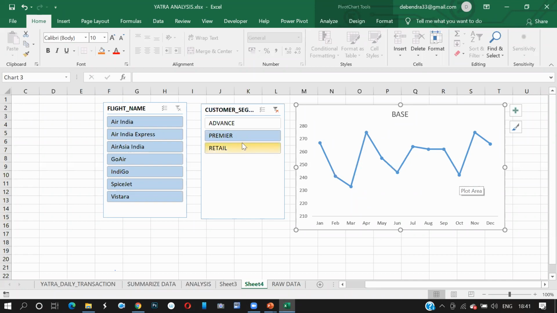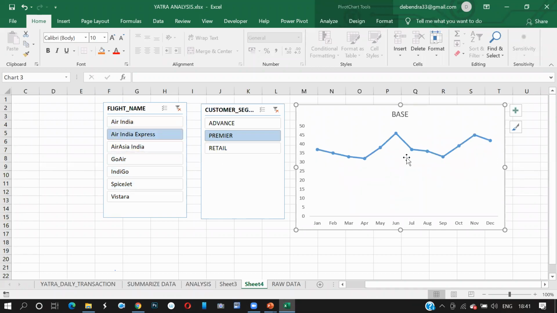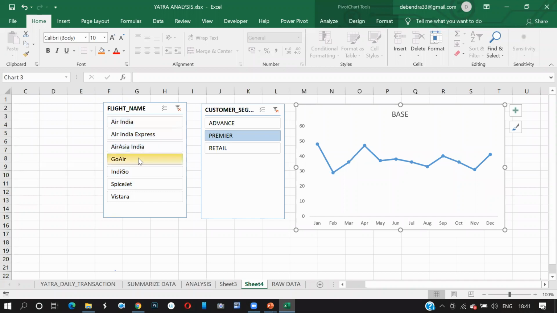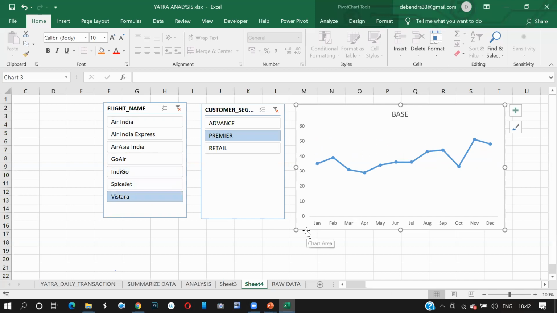If I look at this premier customer behavior by Air India, it shows that it was going down, but in the last 3 months it's growing. If I look by Air India Express, it was going down, suddenly it has fallen, but that's okay, manageable. Air Asia was going down, up. Go Air is going down, down, down, then it got a peak over here, then again there will be a downfall. Then SpiceJet, and this is your Vistara. Can you see Vistara?